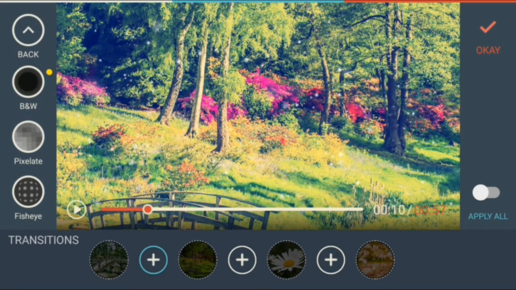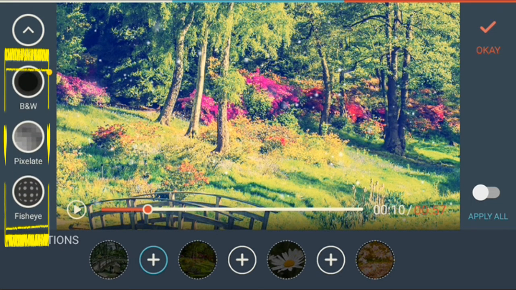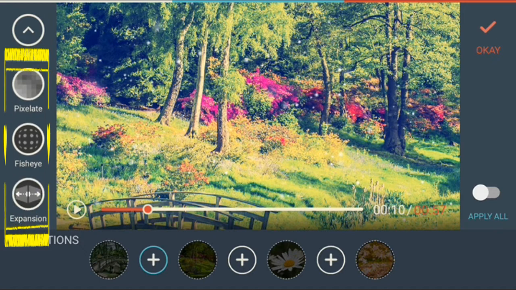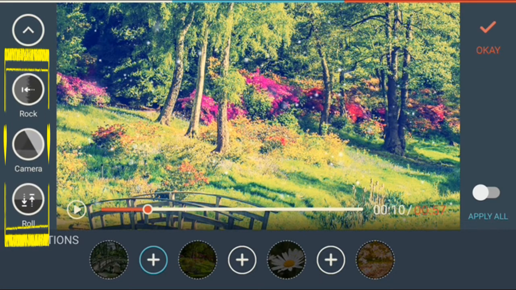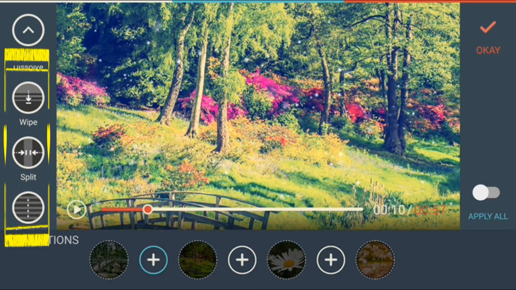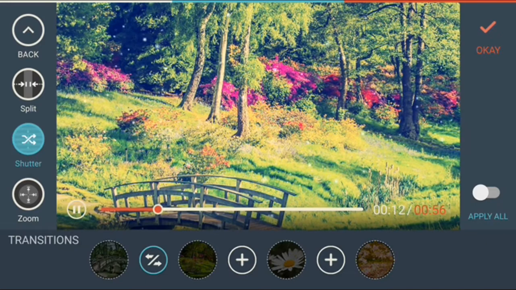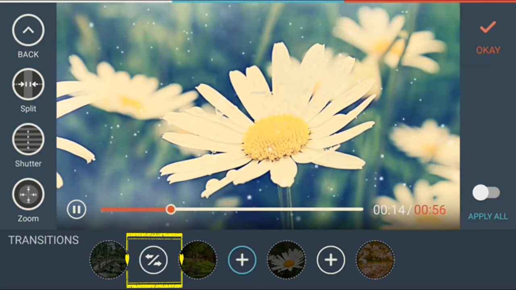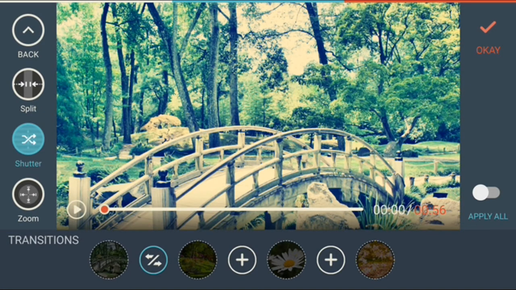Now to add the transition, click on this plus and click on the preset, and say for example, I will be selecting like lot of transitions: black and white, pixelate, fisheye, expansion, division, bounce, distort, rock, camera, roll, push, bands, dissolve, wipe, split, shutter, zoom. These are the transitions. So for example, shutter transition I will take. The shutter transition is applied, which indicates with a back and forth arrow. Now coming on from the first slide,